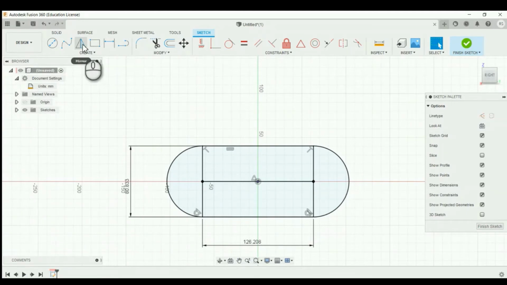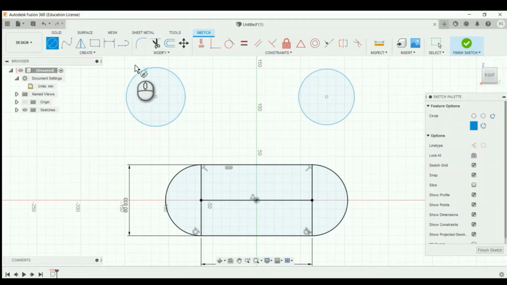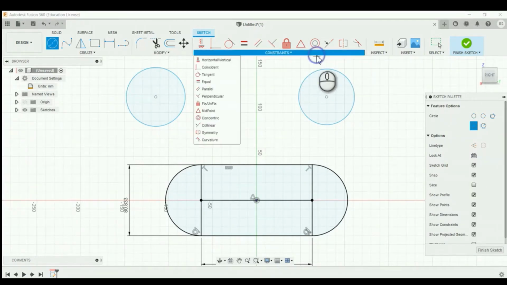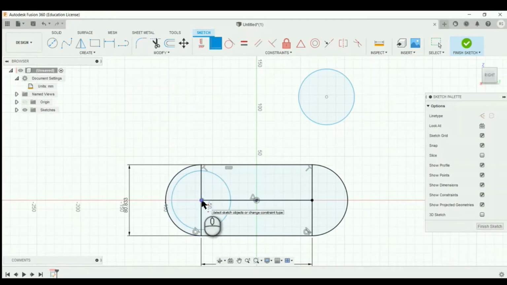After that, create another circle and place it here. After that, create a coincident constraint. Click the coincident constraint and click the circle's first point and then the center point.